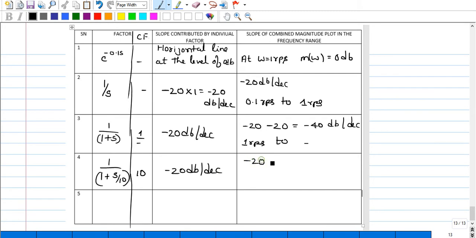So minus 20 minus 40 will give us minus 60 dB per decade, from 1 rps to 10 rps, and from the starting point 10 rps onwards you can extend. Okay, so we are done with our plot,